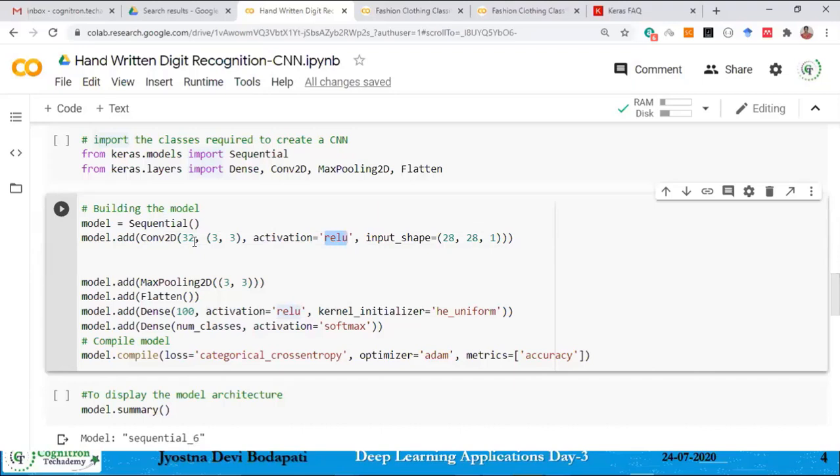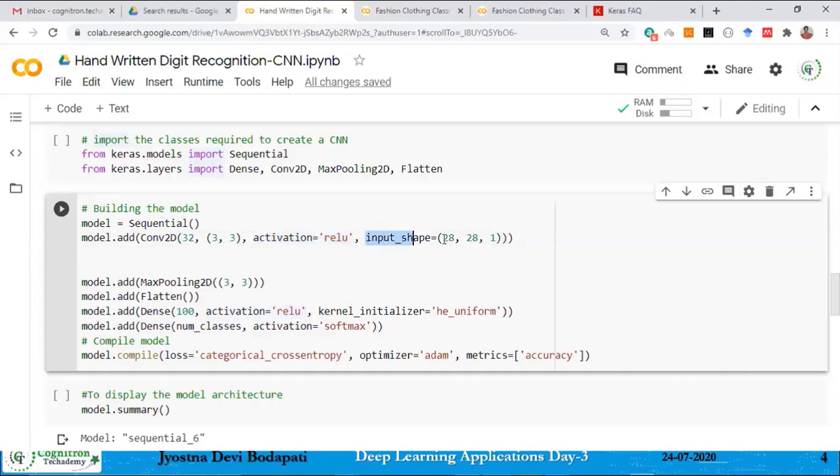If you use a sigmoid activation, then of course I'll discuss that later. Please remind me, if time permits, when to use which activation, and what the advantages and disadvantages are. Let me continue with this at least. So the activation function I'm going to use is ReLU.